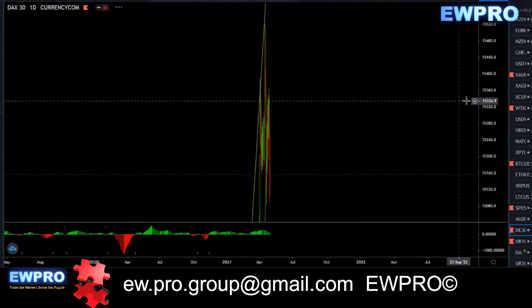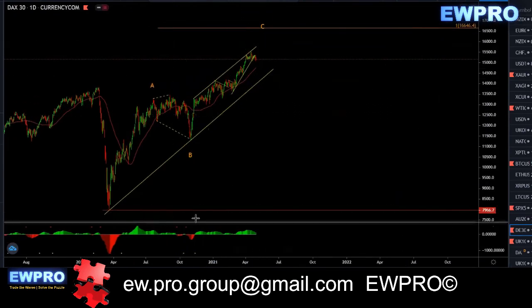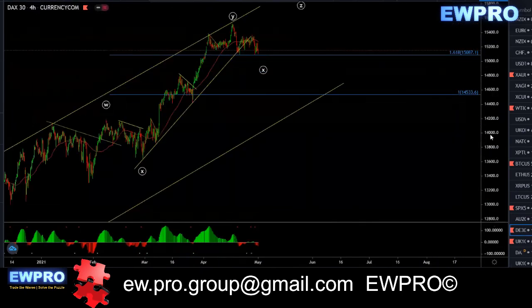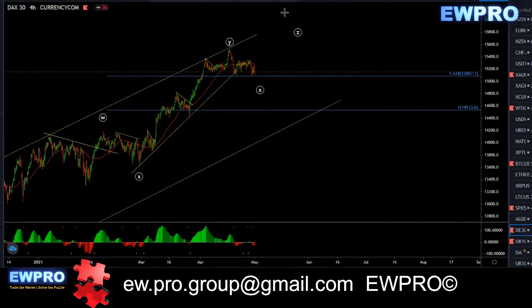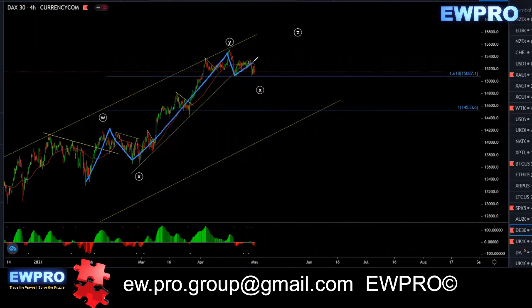The DAX on the daily, so we're nowhere near that 100 fib either. We got the bearish divergence. Again, this is giving the same sort of thing. We're getting a WXY. This one's playing out a lot nicer. Get that X2, then wait for your trend line break, bull flag, and trade that Z up, or you can look for the sell